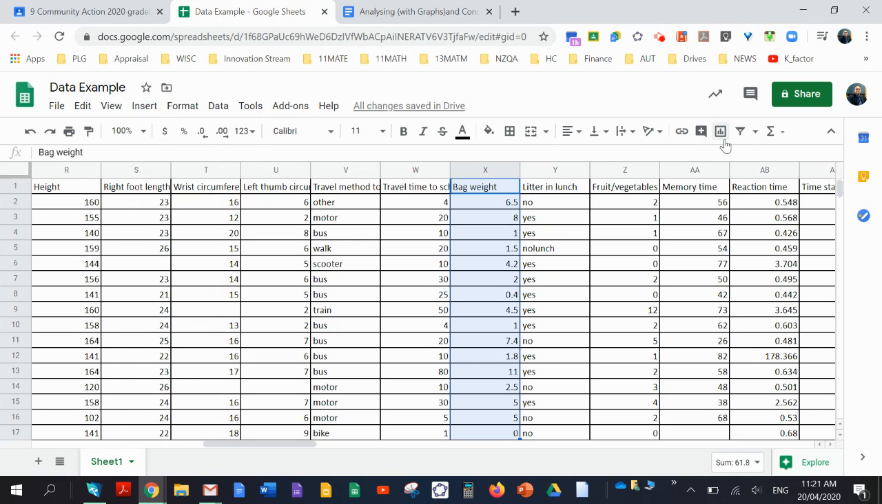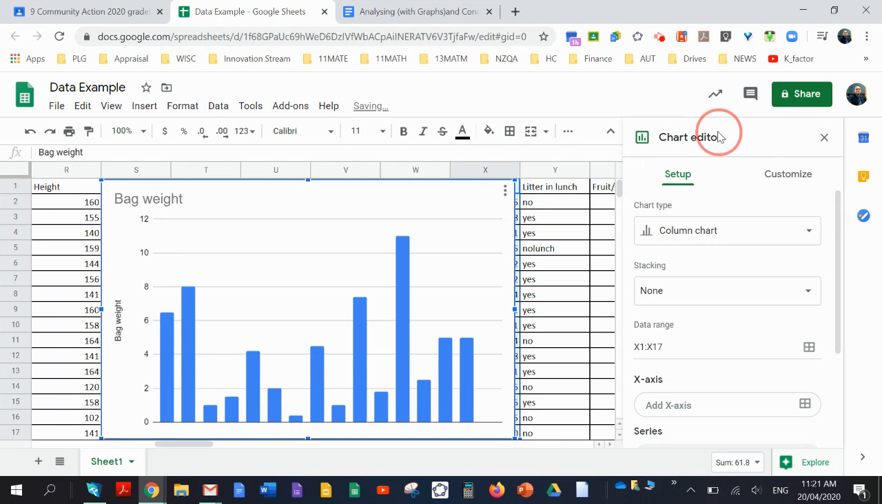But hey, here's a shortcut. So insert chart, and it will create a graph. Oh, there it is. You can see this creates a bar graph, and you would remember from early term 1